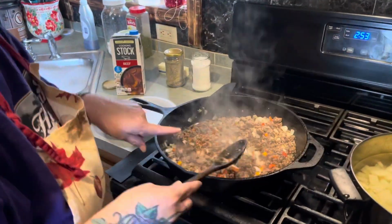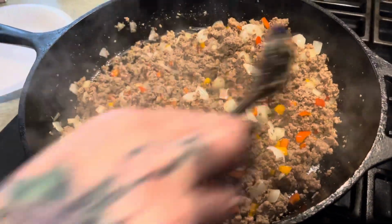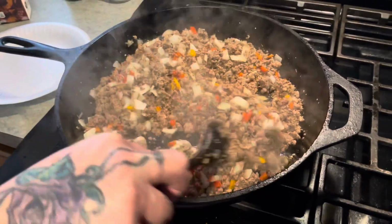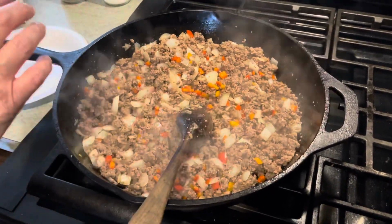Okay, y'all, come take a look at this. I wish you could smell it. It smells so good. Now, this is all fried up the way I want it. The next thing we are going to do